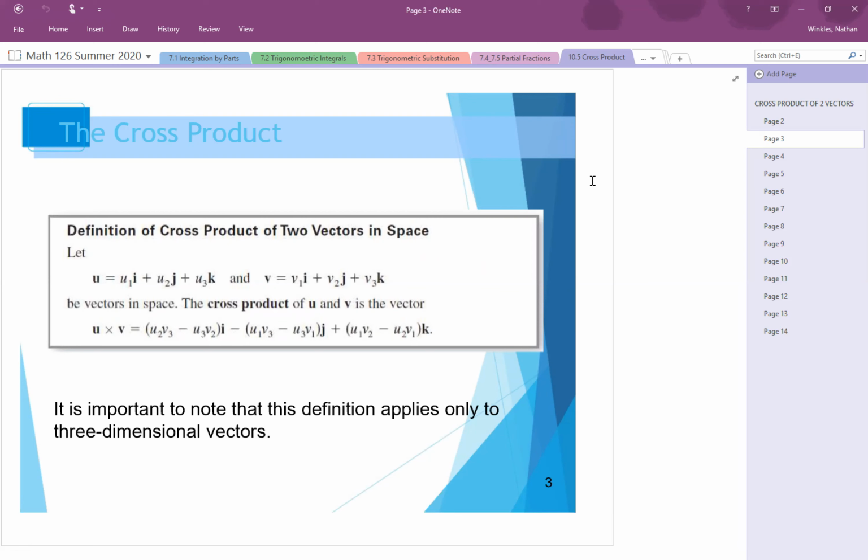So if we let u equal u1i plus u2j plus u3k, and v equals v1i plus v2j plus v3k, be any vectors in space, then the cross product of u and v is the vector u cross v equals (u2v3 minus u3v2)i minus (u1v3 minus u3v1)j plus (u1v2 minus u2v1)k. How in the world did we get to those? Well, the easiest way to explain it is using cofactor expansion that we're going to describe shortly,